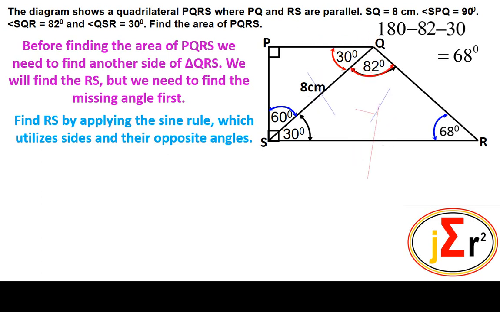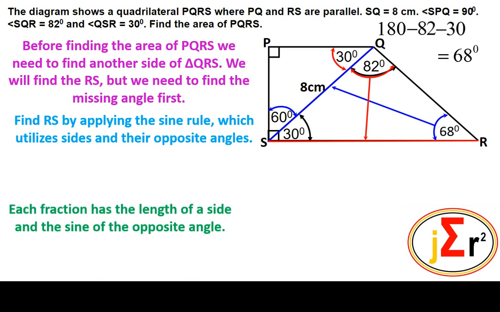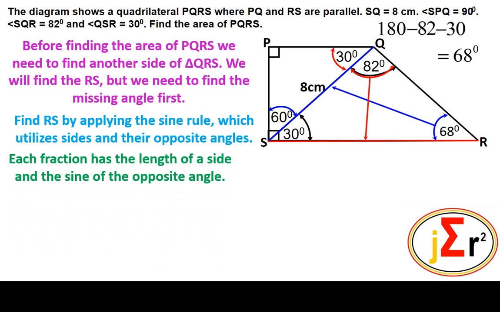The sine rule, notice what we are taking note of and what we are highlighting. The side SR or RS and its opposite angle. This side 8 centimeters and its opposite angle. And that is beautifully highlighted in order that we do not make any mistake. There is no confusion. The sides and the angles opposite to them. Now we will have very soon an expression of the sine rule. Each fraction has the length of a side and the sine of the opposite angle. The sine rule